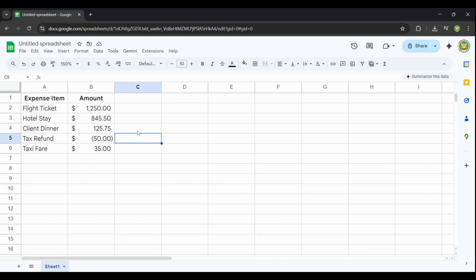Here's an important reminder as you apply formatting. Changing the format only affects how the numbers look, not their actual values. The math underneath stays the same. Your sums, averages, charts, and formulas will continue to work exactly as before, because formatting does not alter the data itself. That means you can safely try different currency options, switch symbols, or swap in the accounting format without breaking